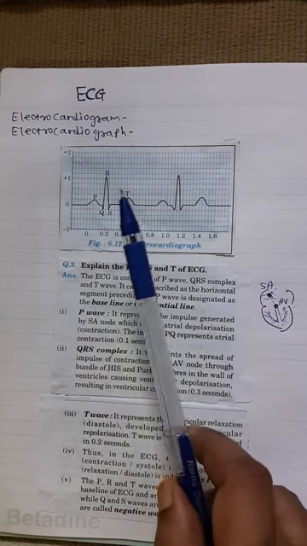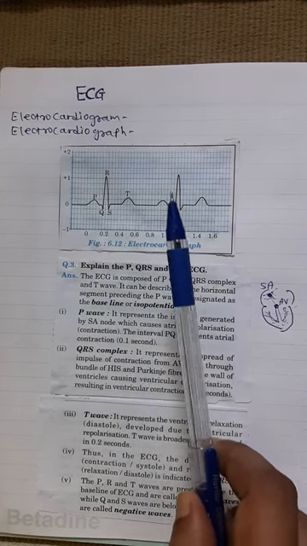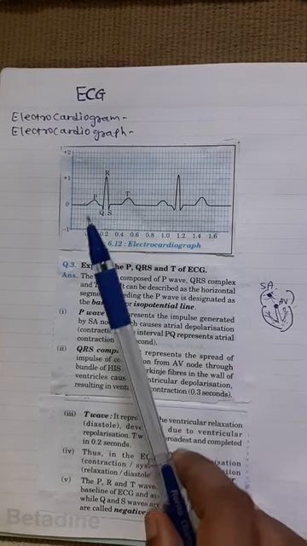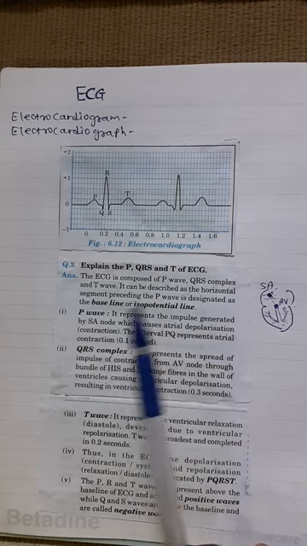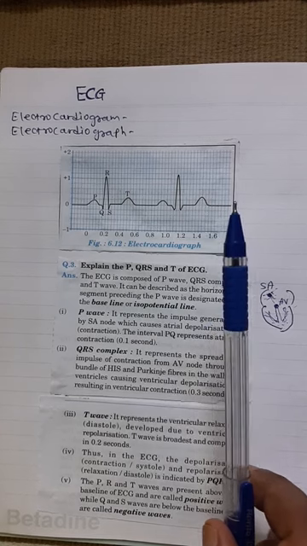Now this is a normal ECG. We know the P, Q, R, S, T waves, then a pause, and again the next heartbeat completes and it continues. If the heartbeat is in this proper sequence and in this proper period of time, then the person has normal functioning of the heart.